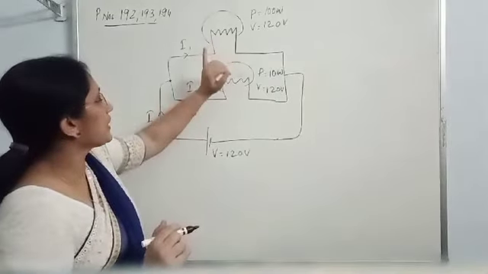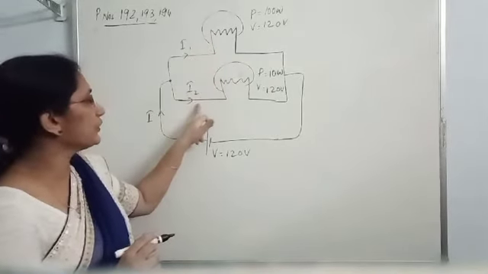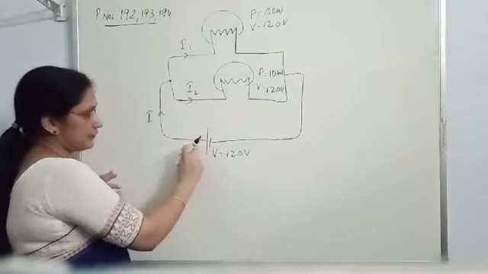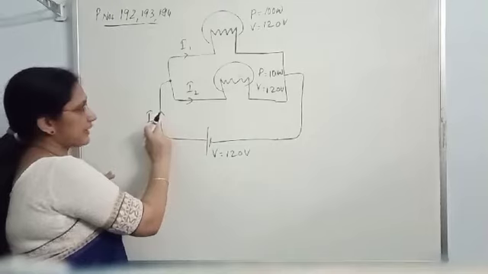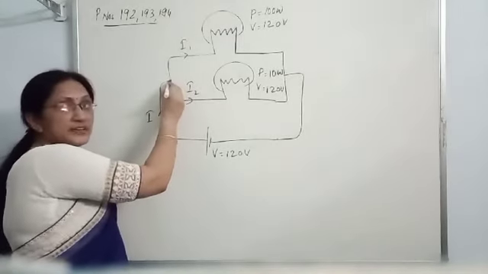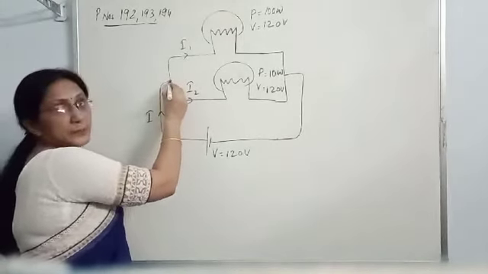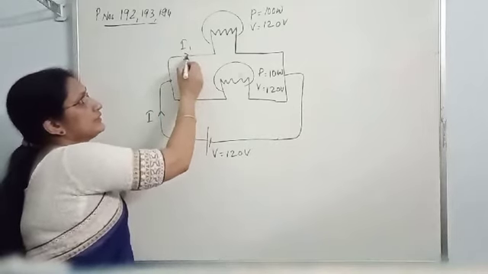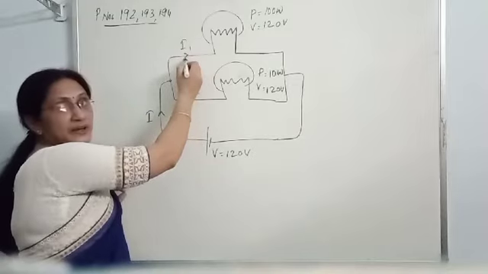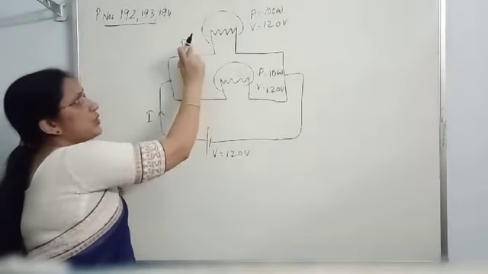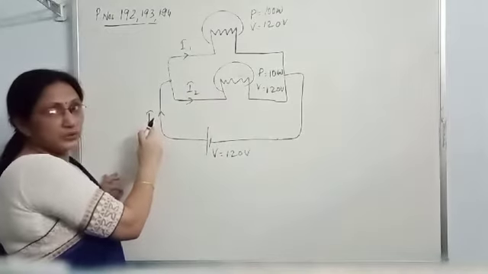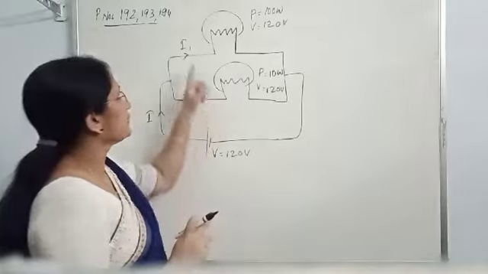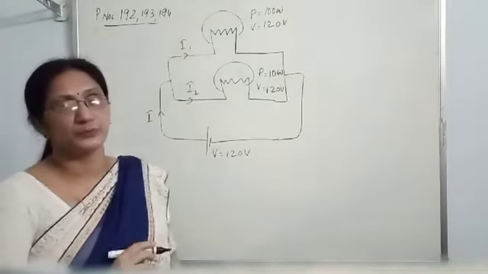Then you are asked to find out how much current is flowing through these branches. Here you know the current flow will happen in this direction. This is the main current. At this point the current gets split into two parts, or current flow happens in two branches. Here the current in this branch I have labeled as I1 and here I2. And you know I1 plus I2 will be equal to I. Main current is equal to the sum of branch currents. You are asked to find out I1 and I2.